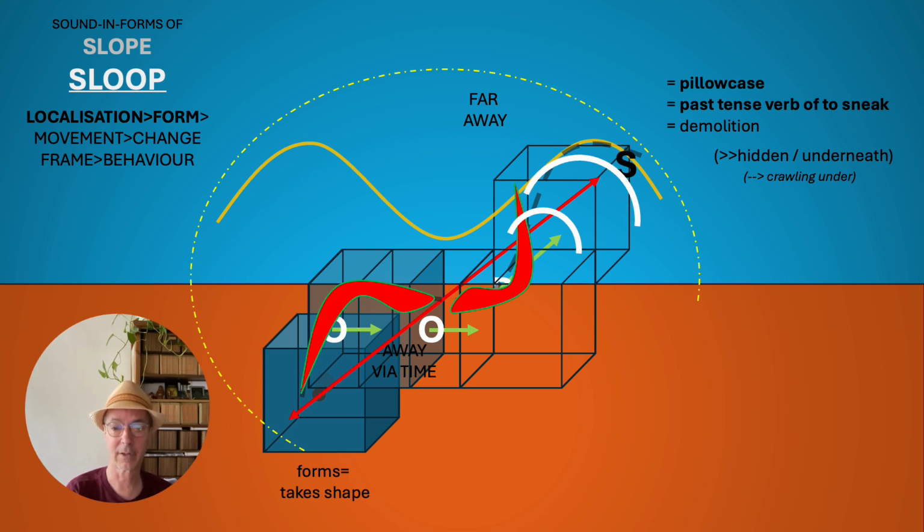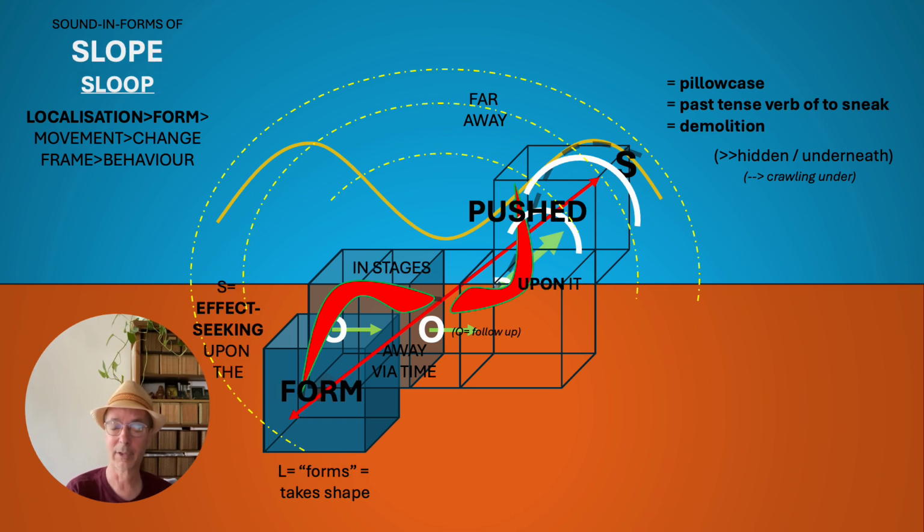A bit more difficult is the third option, also the demolition, which isn't immediately recognized, or is a bit less clear. But it's about, you start in wanting to have an effect into the form. You want to change something into the form. That's why S and then L with a follow up into the O, and then you just in one go